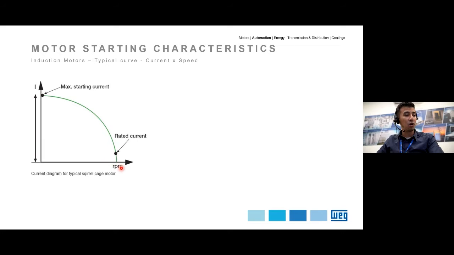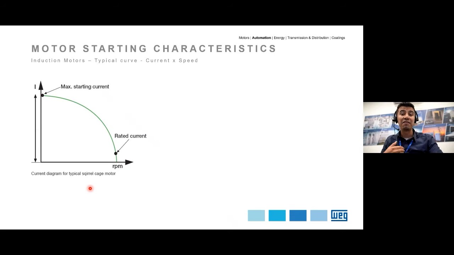So at this point here, we have the rated speed. What you can see is that the rated current is just in there. And then to get to this speed, we have to pass through a region where your current will go up by a significant amount. If you watch the graph, this is the level for the rated current. Well, when it's starting, this motor can get to a very high current level, right? Okay, so we now know the behavior of induction motors when starting,